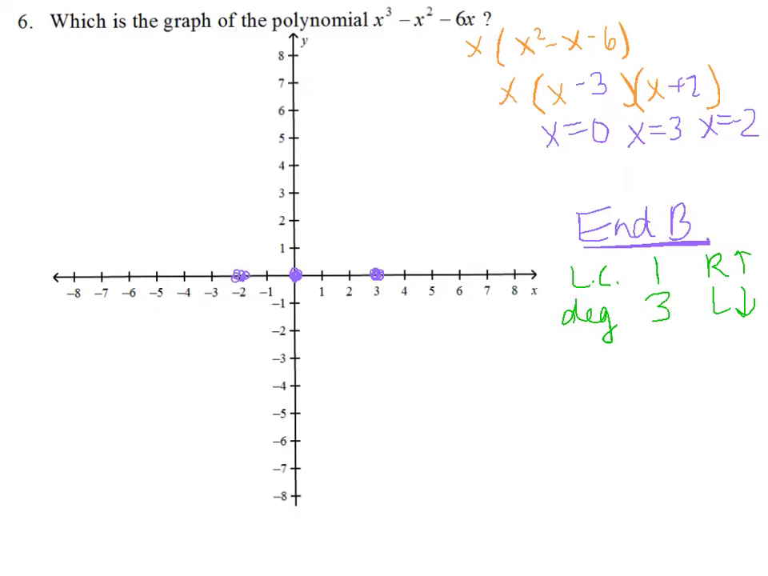So from my furthest right point, which is this one right here, I'm just going to draw a line up. And from my furthest left point, I'm going to draw a line down. Now I have to be able to connect those two arrows somehow. Because